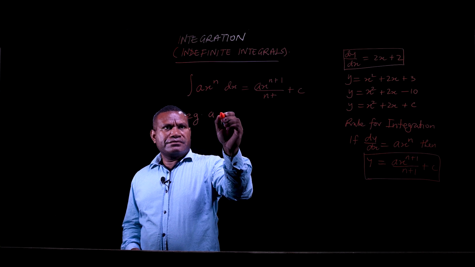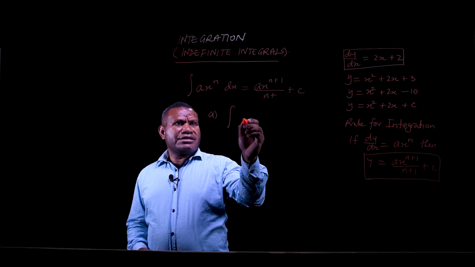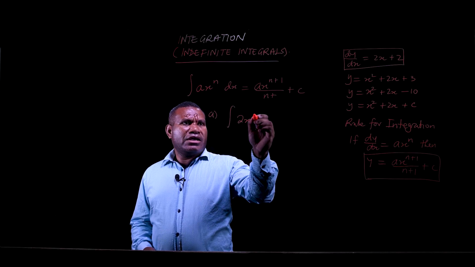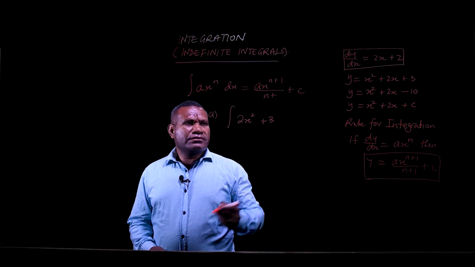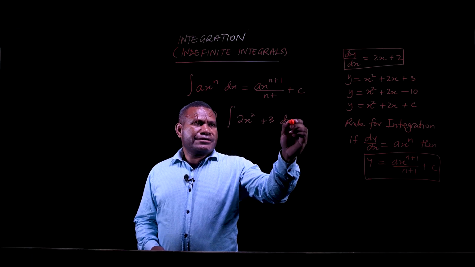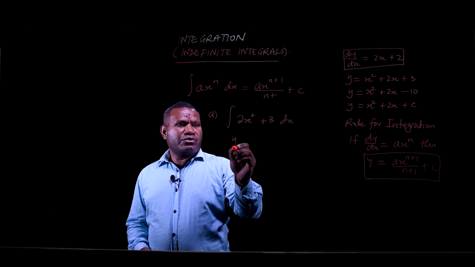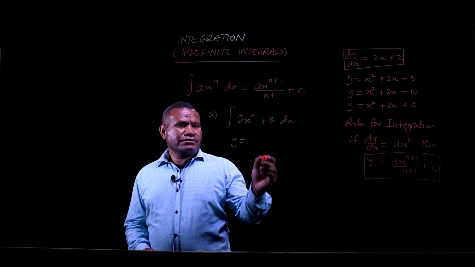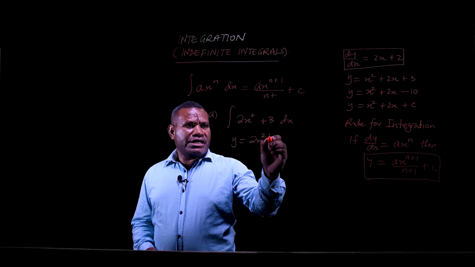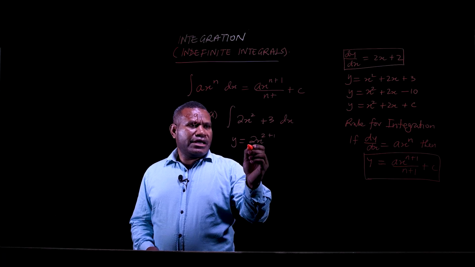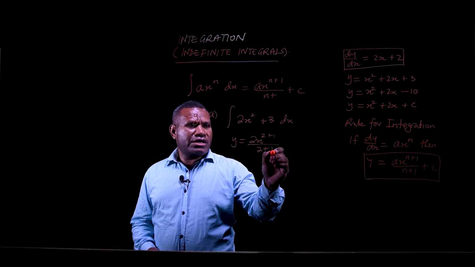A. If I have to integrate this function, let's say 2x squared plus, let's say 3, with respect to x, then just following this rule here, I will write y is equal to 2x raised to the power of 2 plus 1 for this term, and then divide the expression by the new power, which is 2 plus 1,